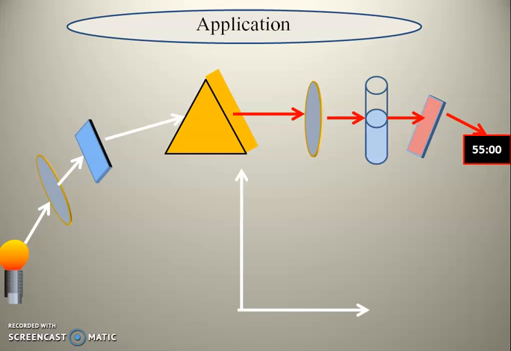Here we can measure the absorbance with respect to wavelength of radiation, and at some point of wavelength the absorbance is maximum. That wavelength is called lambda max. Based on lambda max value, we can determine the type of element present in the sample. And by using Beer-Lambert's law, we can measure the quantity of element present in the sample.